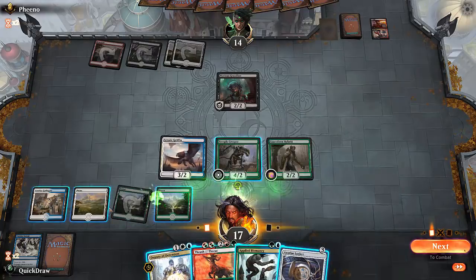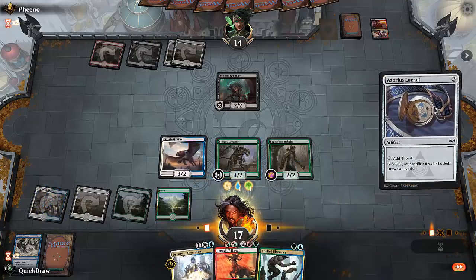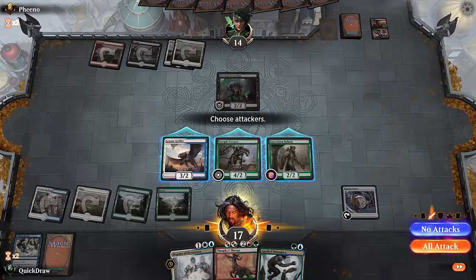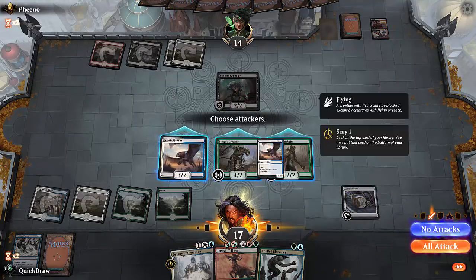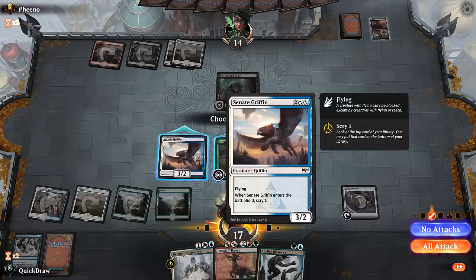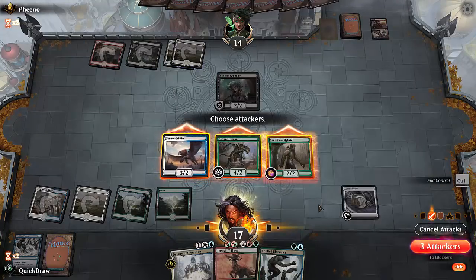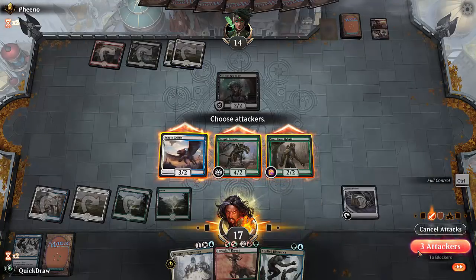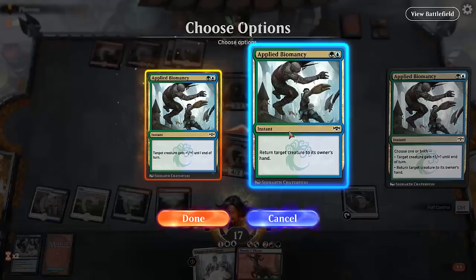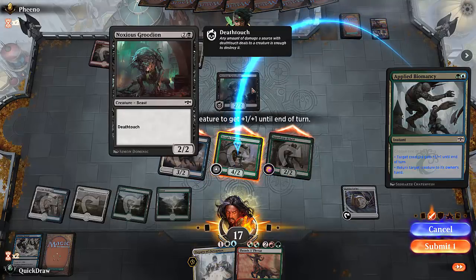I don't want to tap that way. Okay, how aggressive are we getting? So I'm going to put on full control, I think, because I think what I want to do is deal my opponent infinity damage, 10 damage. So we're going to do both of these. Done. This one, and